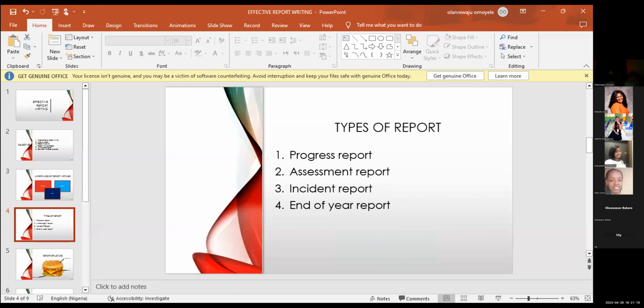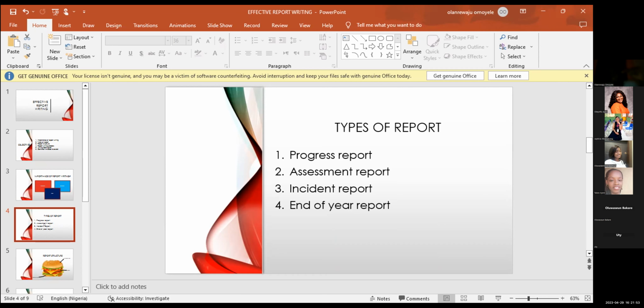So what reports should you prepare as a school? Like I said, there are some schools that prepare only end of term reports. But the purpose for which you've come or you go for training is to learn new things, isn't it? And even though it's only an end of term report you prepare in your school, you as an individual, like I said, you don't have to wait until the end of term. What you're after is to develop that total child, isn't it? To ensure that your students are learning, to ensure that your students are progressing.